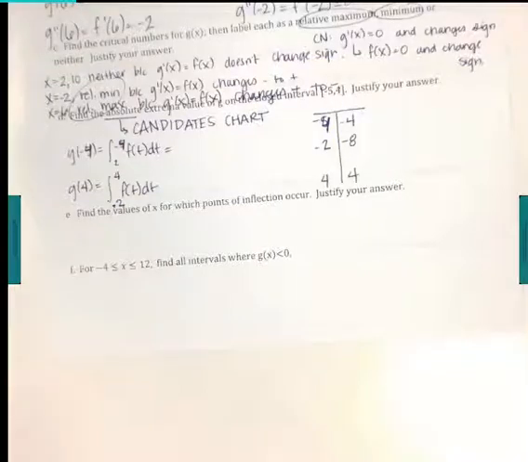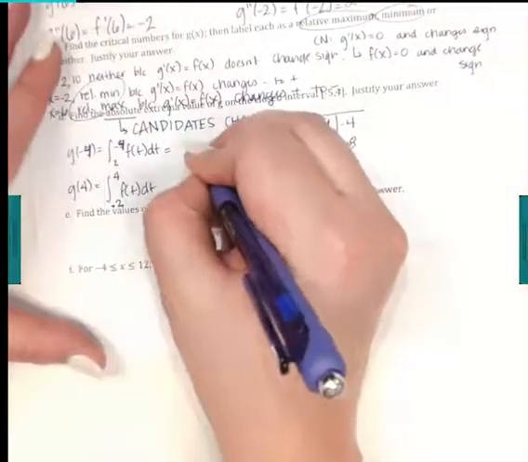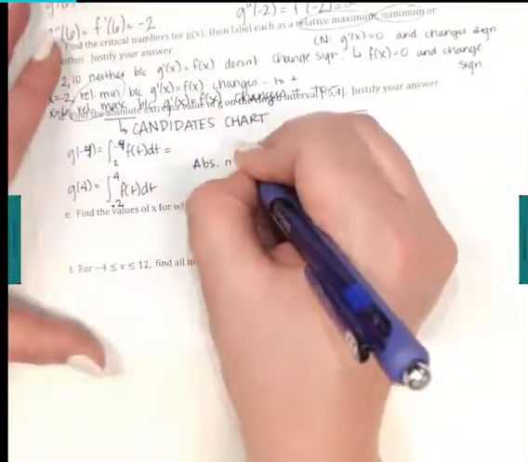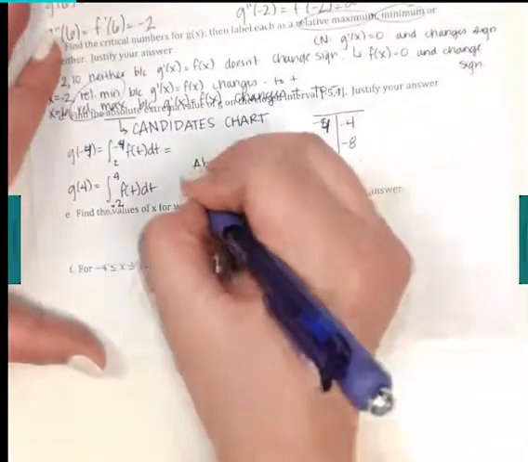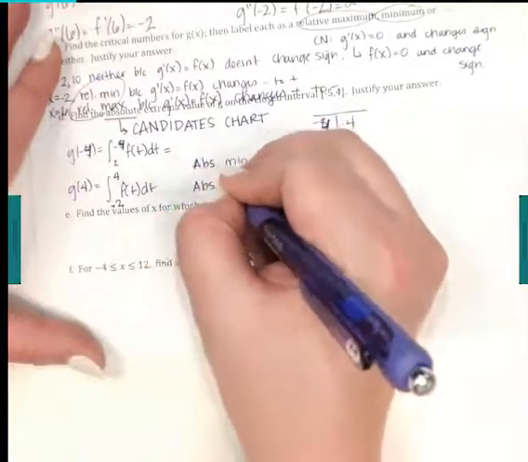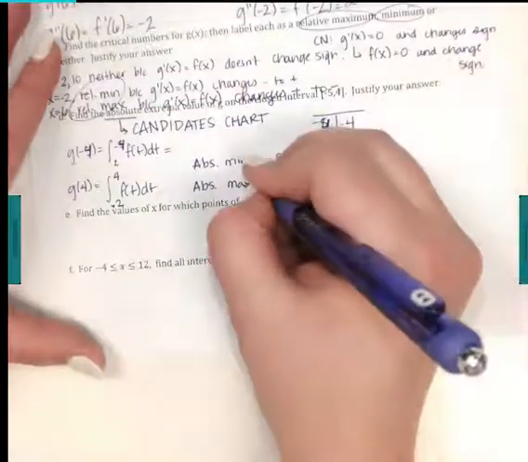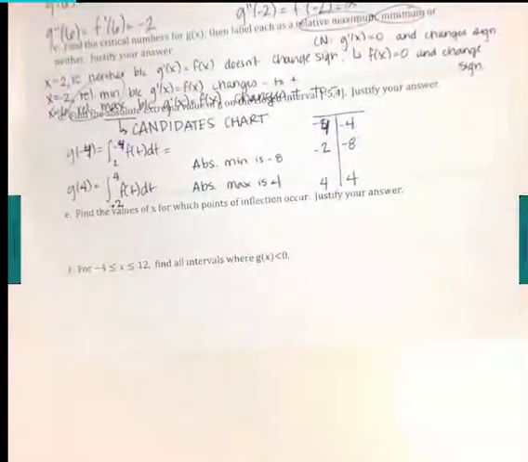So then out of my chart, which of those numbers is the smallest? Okay, so absolute min is negative 8. What's the absolute max? 4. Now, where do they occur at? Okay, that would be a different question. Okay, we have 2. Well, let's do one more part left, and then we'll wait to finish the rest next time. Okay, points of inflection